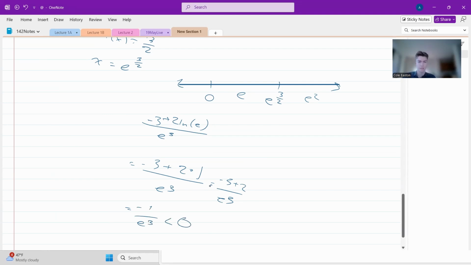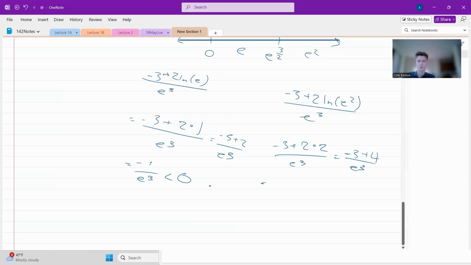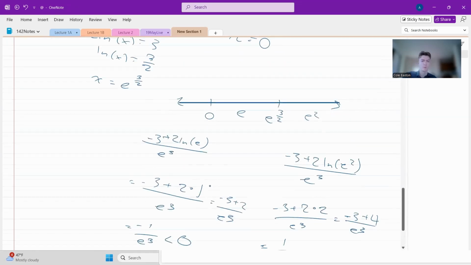Let's try plugging in e squared. -3 plus 2 ln e squared over e cubed. -3 plus 2 times 2 over e cubed. So that's a -3 plus 4 over e cubed, which is going to be 1 over e cubed. And so that's bigger than 0, which means that